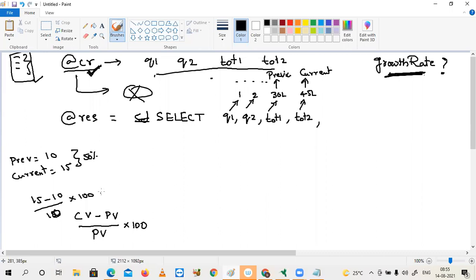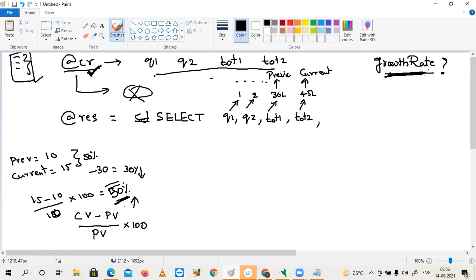Is the value positive or negative? Positive means the sales increased by 50%. If our result is minus 30, that means your sales, compared with the previous quarter, decreased by 30%. You can understand that from this growth rate.